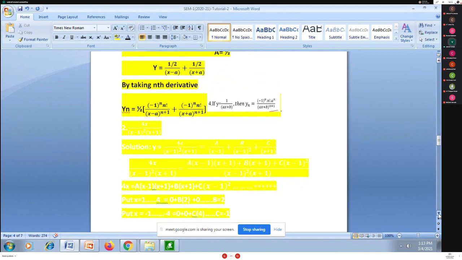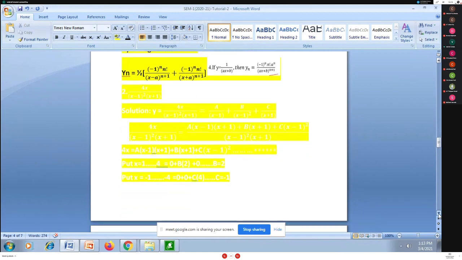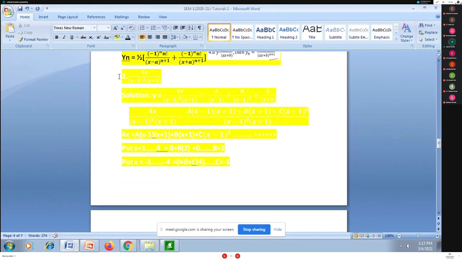This type of example may be asked for 5 marks in question number 1. So let me share one example with you. Quickly, I am going for a second example here. Now I have to find the nth derivative for this function. Again you find it is in algebraic form, in terms of x, numerator upon denominator.